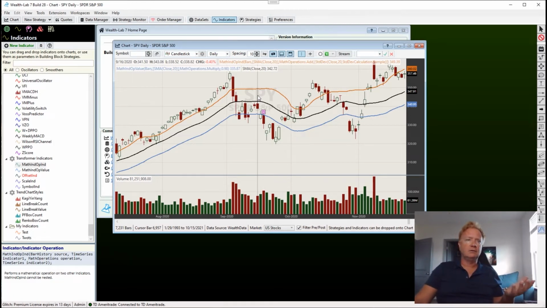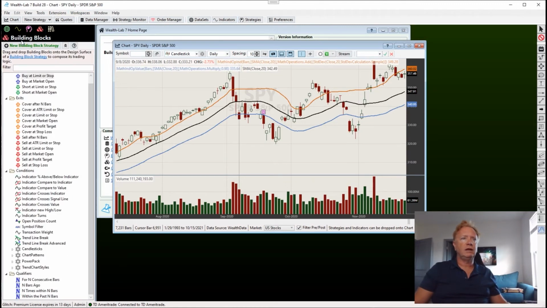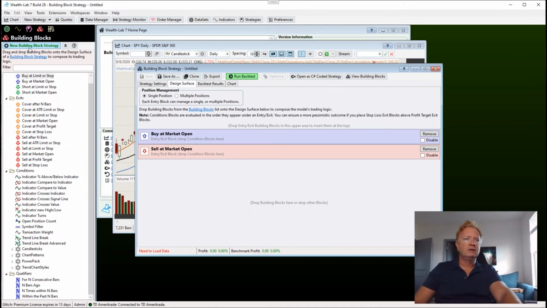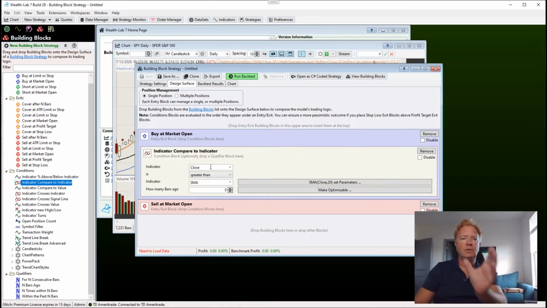Of course, they can also be used in building block strategies. Let's quickly show an example of that. So here I went to my building blocks and I clicked new building block strategy, and we could use the two indicators we just created. Let's say we'll take an entry at the next bar's market open, and I'll use indicator compared to indicator condition. When the close is less than,